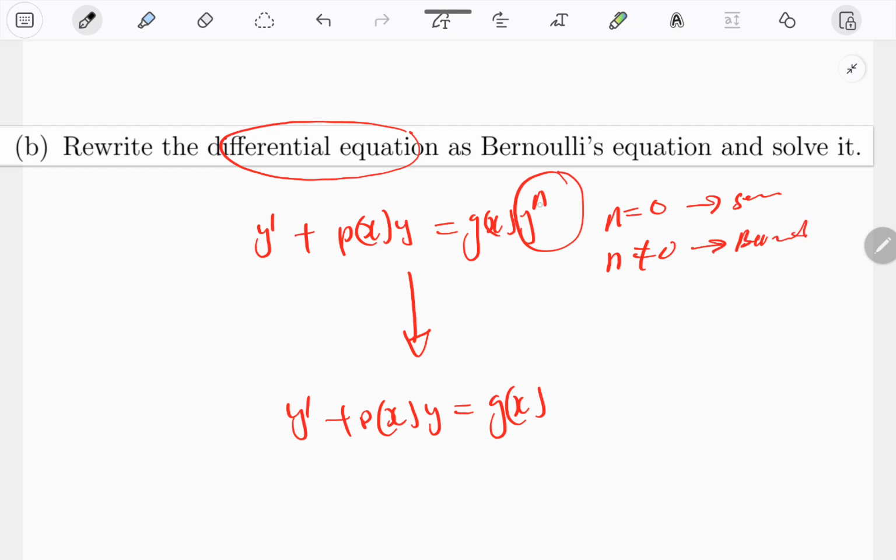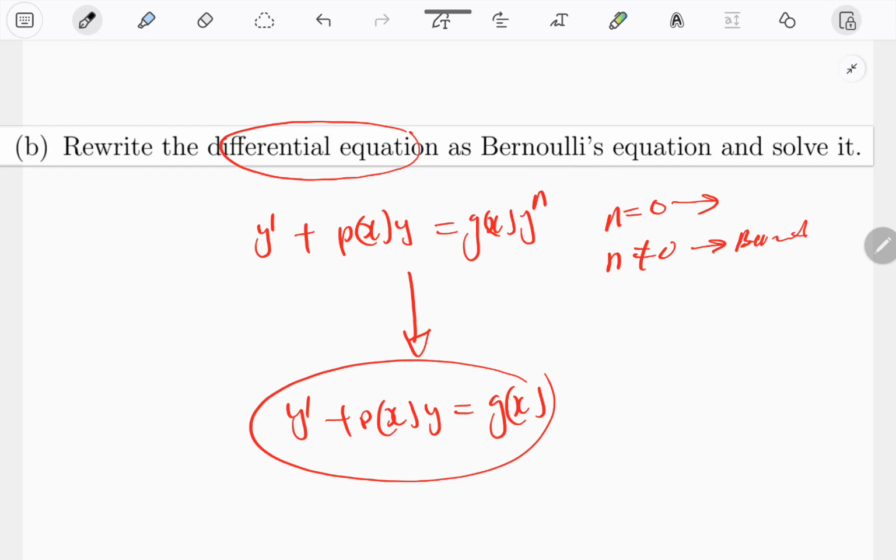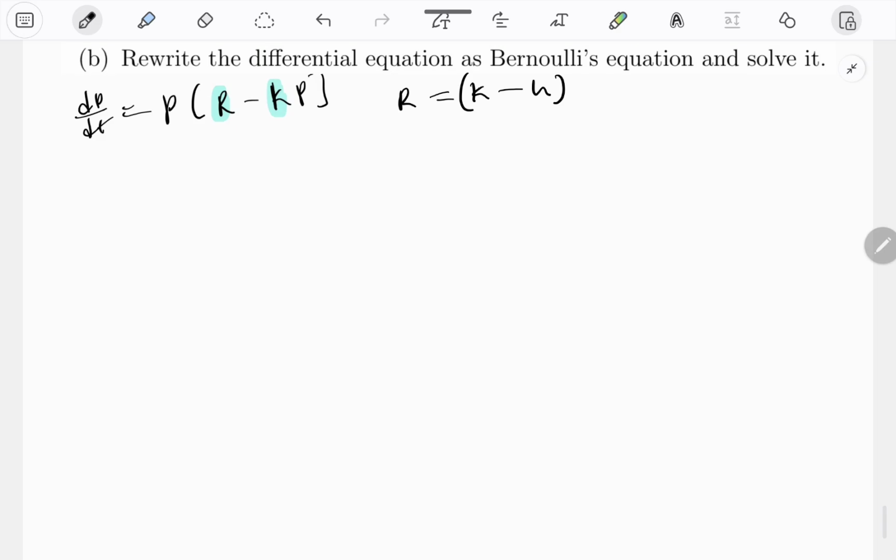So if this thing was 0, this would have been 1, this thing would have been linear, right? It would have been linear, not separable but linear. The one that looked like this would have been 10 to 1. So from the structure or format of how a Bernoulli equation should look, we'll try to write this thing as